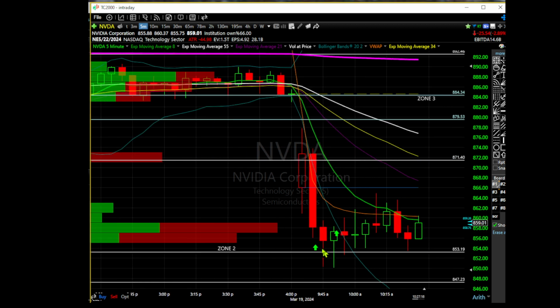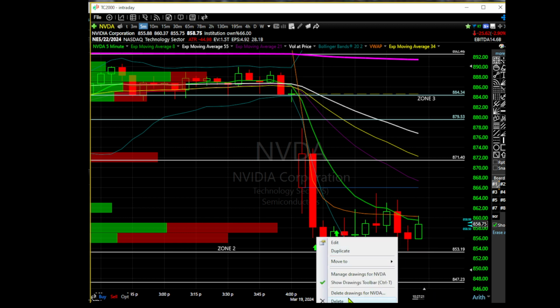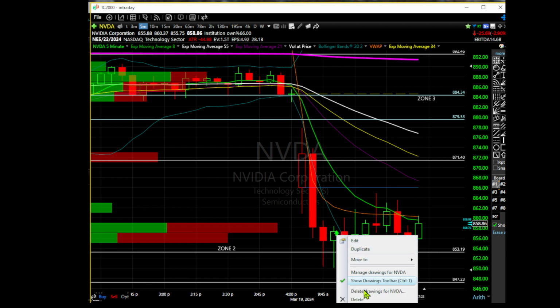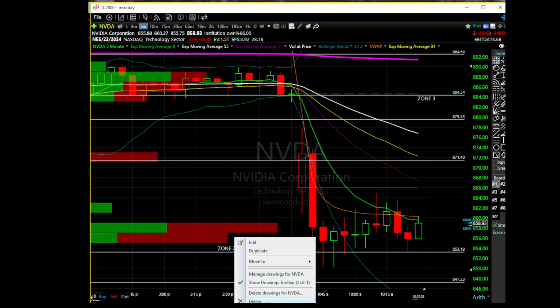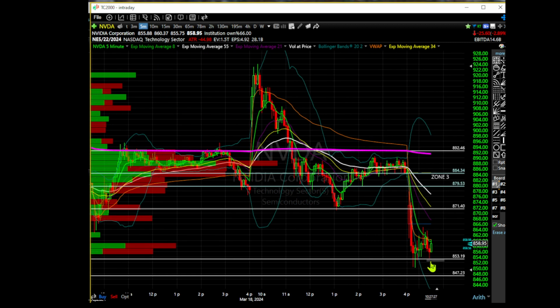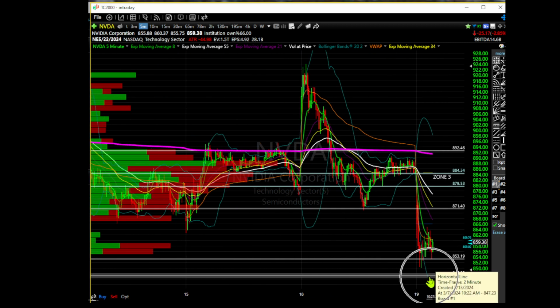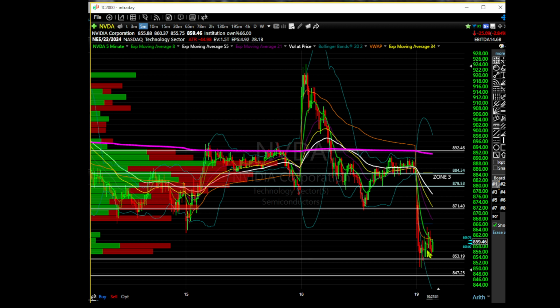So I've been able to sell profits in NVIDIA already. So guess what? Guess where my cost basis is on NVIDIA now? My cost basis is well below my stop out zone. So what does that mean? No matter what happens on NVIDIA for the rest of the day, I'm going to end up with a green trade on NVIDIA. It doesn't matter if NVIDIA goes to 0. I've made a green trade on NVIDIA today.